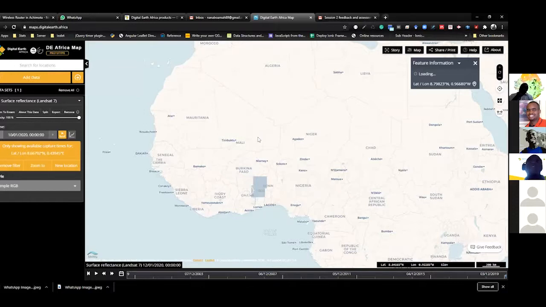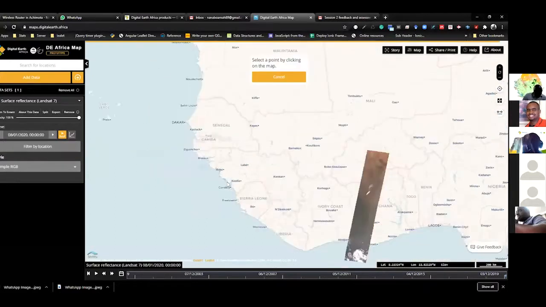Because I put the point at this area, the satellite image only gave me the area of interest where we are working in. It won't load the other areas for you. So you can remove the filter and click on filter by another location. Let's try Sierra Leone. See, then it will load the area for Sierra Leone only for you. To select it by rectangular shape, currently the system doesn't support that.